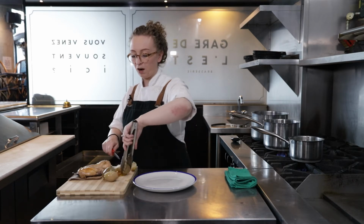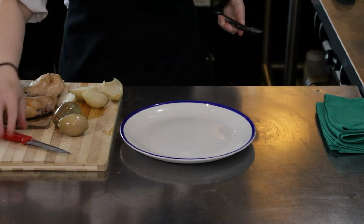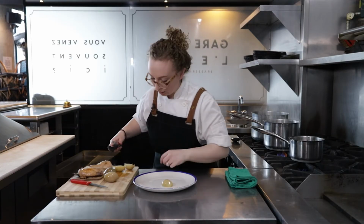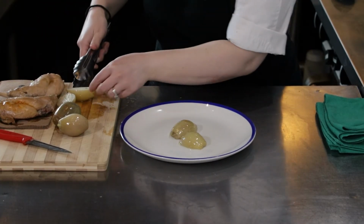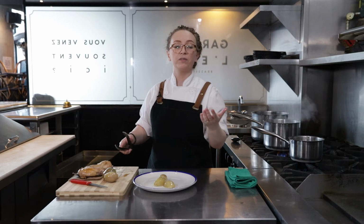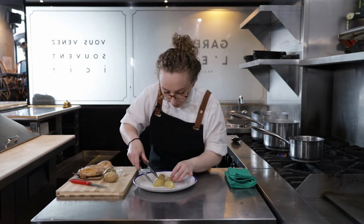They should be piping hot on the inside, so do be careful when you're working with these. Now onto the plate. I'm just going to pop one on, and I'm just going to turn them over here. And this will actually work as my stabilizer for my rabbit, because I really want to do, like every dish we've done this evening, I want as much height as possible on this. So just popping down